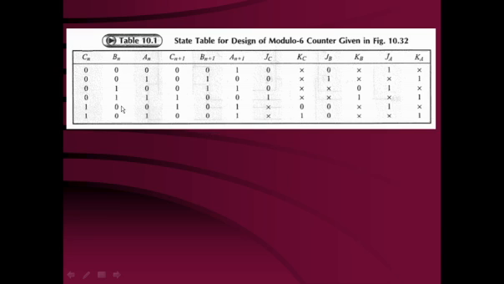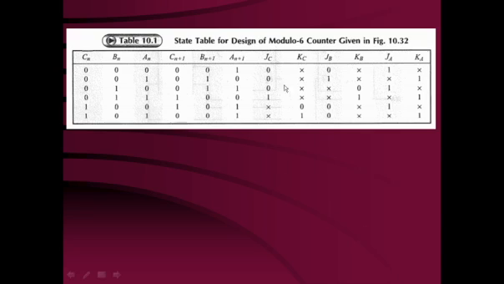Similarly, you can talk about the B flip-flop, Bn to Bn plus 1. Then what is the requirement of JB and KB? You can find that out from the excitation table and substitute here. Similarly, when flip-flop A makes a transition from An to An plus 1, the requirement of J and K you can obtain over here. So this way, the state transition diagram, or state synthesis table, or the state table, can be prepared. This is very, very important.